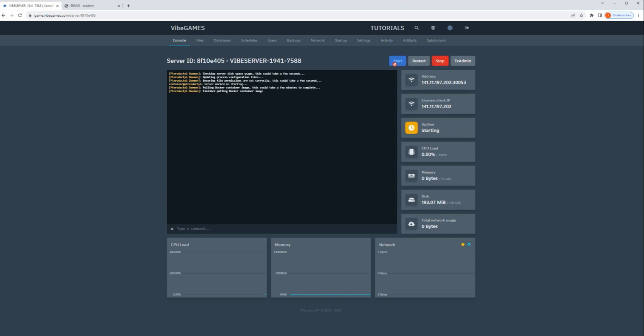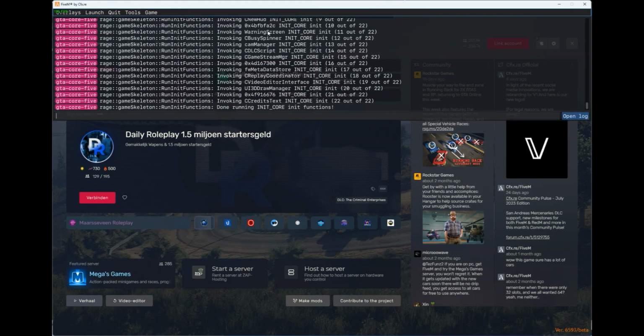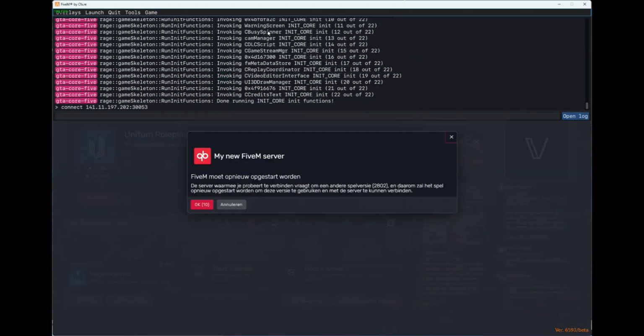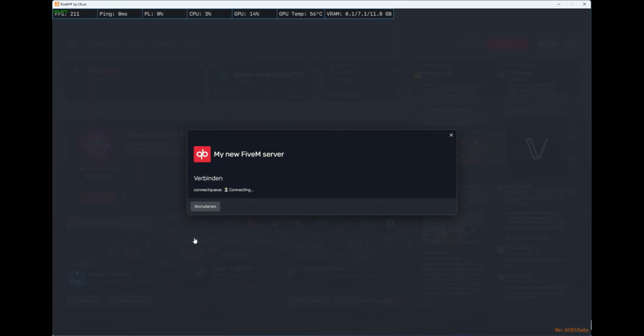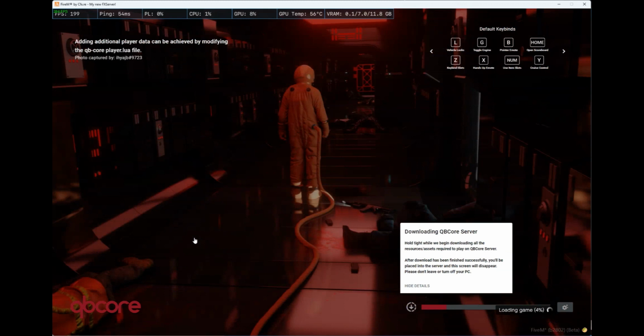Right now, everything is correctly configured, and we just have to wait for the server to be fully started. This will again take some time. In FiveM, we can direct connect to your server by pressing F8 and then type connect. Then enter your server IP and port and press the Enter key. And there it is. Your new QBCore server is working and you are ready to begin with your new roleplay